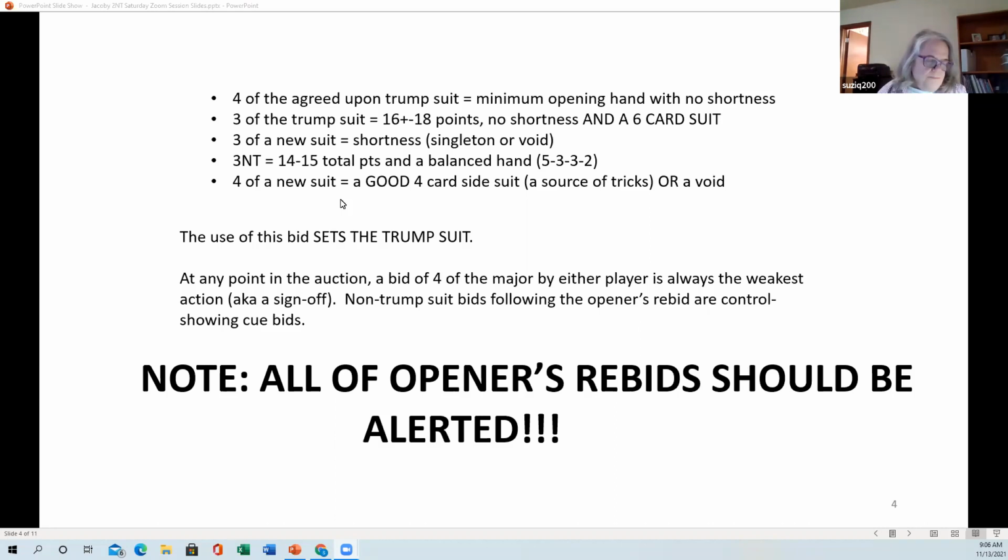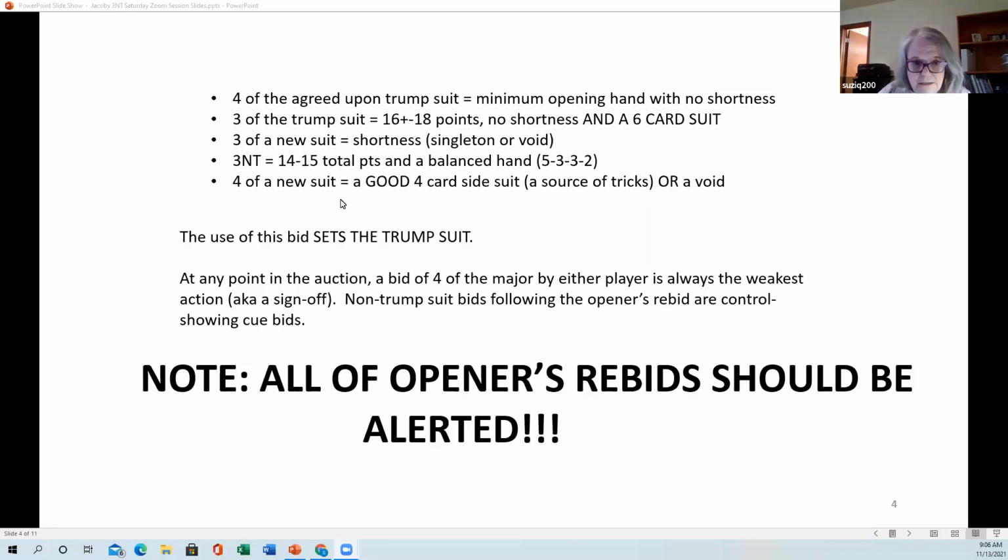A direct jump to 4 of the agreed upon trump suit is a minimum hand, no shortness. I'm not interested in going any further, partner, unless you've got a great big old hand over there. This is as high as we need to go. I've opened a 12-point minimum over here. I have nothing extra to show you at all. So 1 spade, 2 no trump, 4 spades is basically a sign off on opener's part,